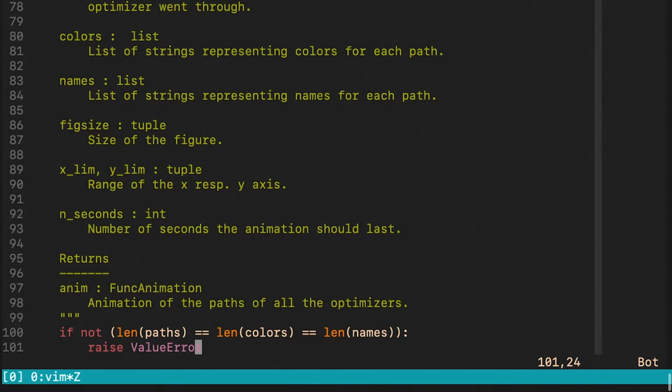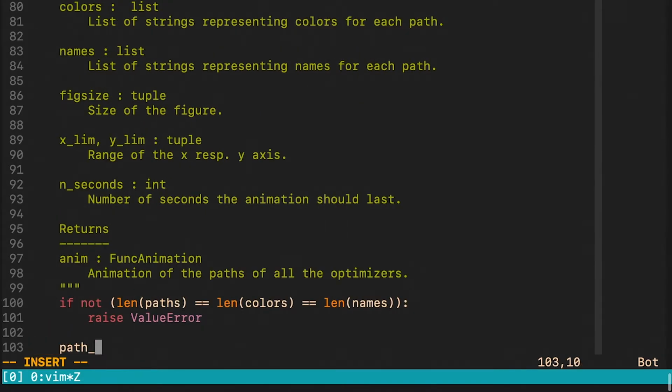First of all, we make sure that paths, colors, and names have the same length because they correspond to the same set of optimizers. We compute the maximum path length across the different optimizers. However, in our example, all of them will have the same length.